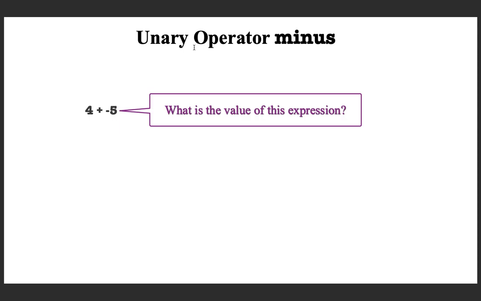Now we are going to discuss the next unary operator, which is minus, which is again an arithmetic operator but unary. To understand what it is, look at this particular expression, and here is the unary operator minus, which acts on this single operand, and that is why it is called unary. What is the value of this expression? It's minus 1. So it's just to negate the value of a decimal.